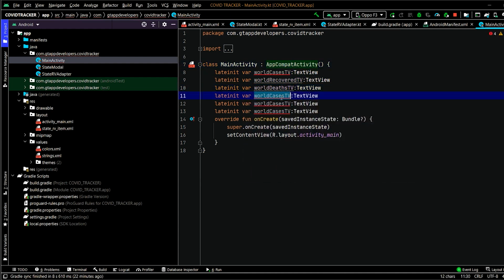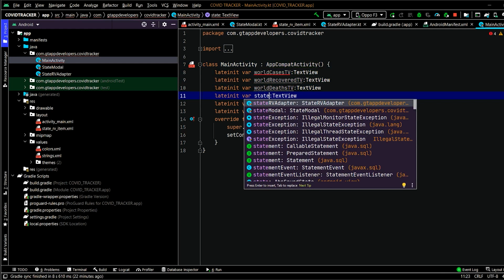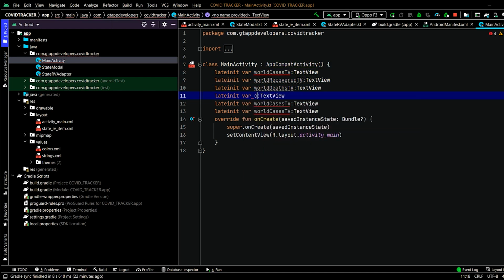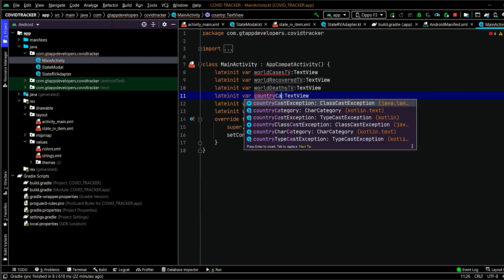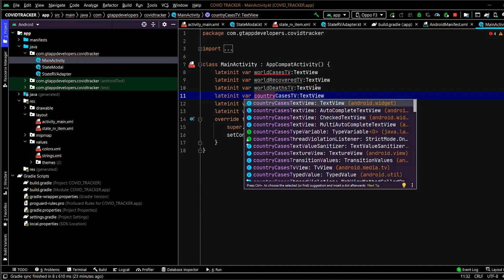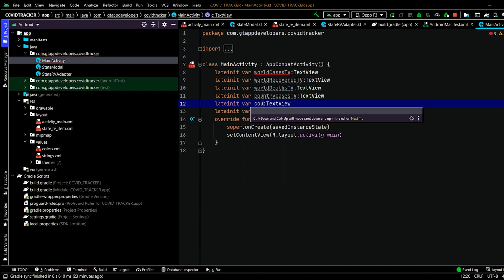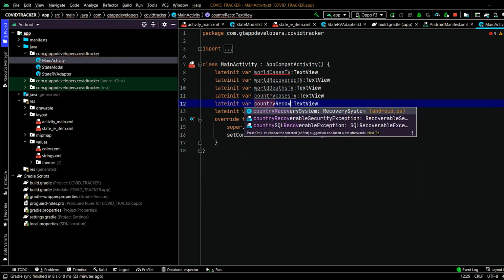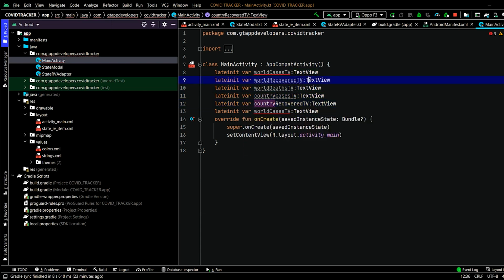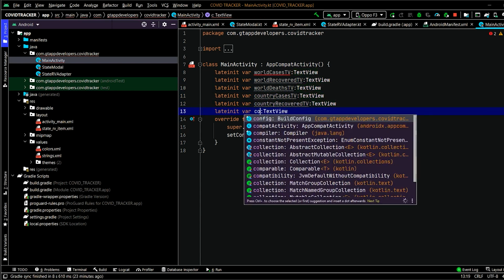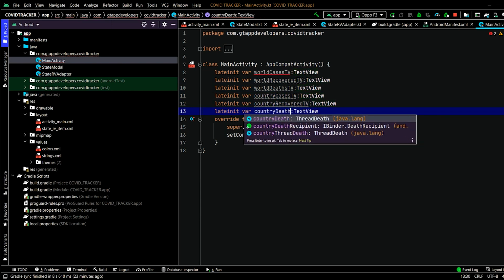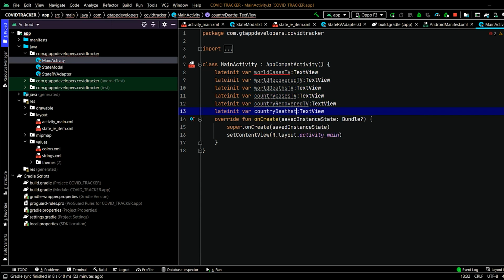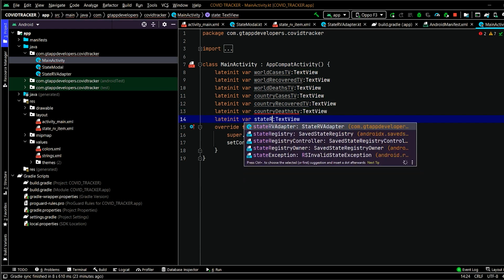After that, state, sorry, country recovered, country cases tv, then country recovered TV, then country deaths TV. After that, we have to create another variable for our recycler view, that is state RV.